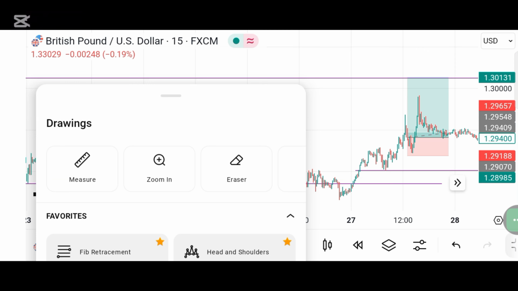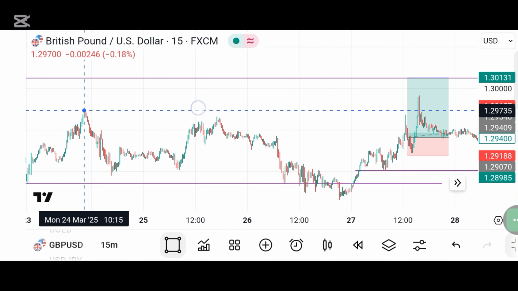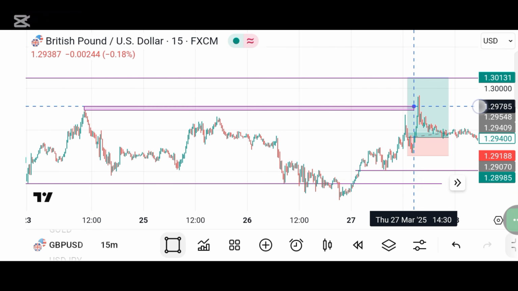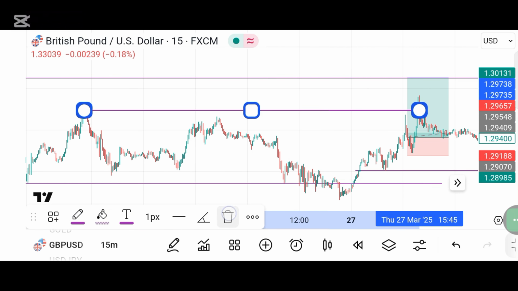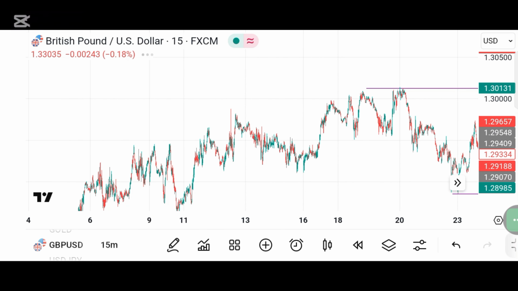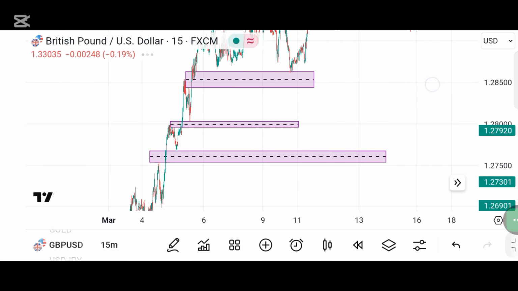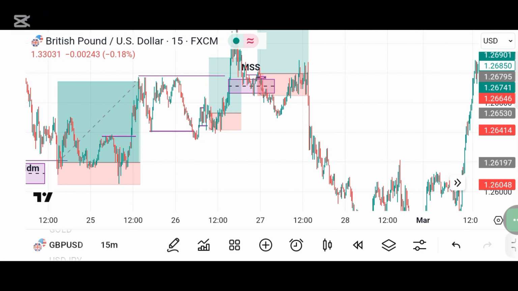Or maybe price just used the most recent liquidity as a target, which was this one. But I was actually looking out for more trades, so price just used this one, which was not really nice enough. So that trade was not really a good one. But I have taken many other trades on GBPUSD for some time now. Okay, this very one, we look at them here,